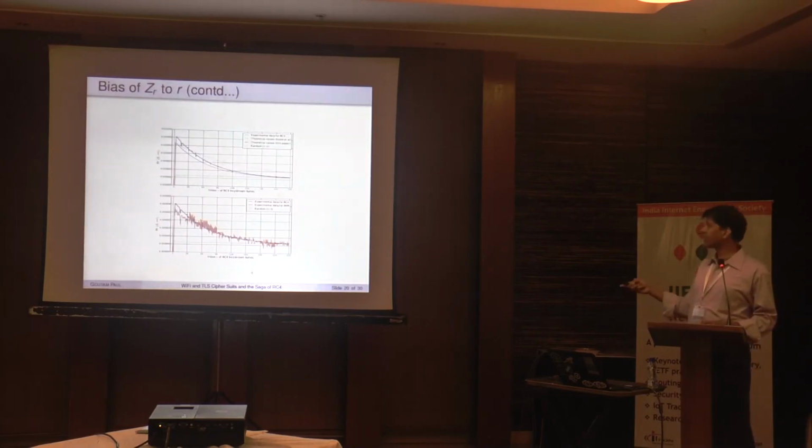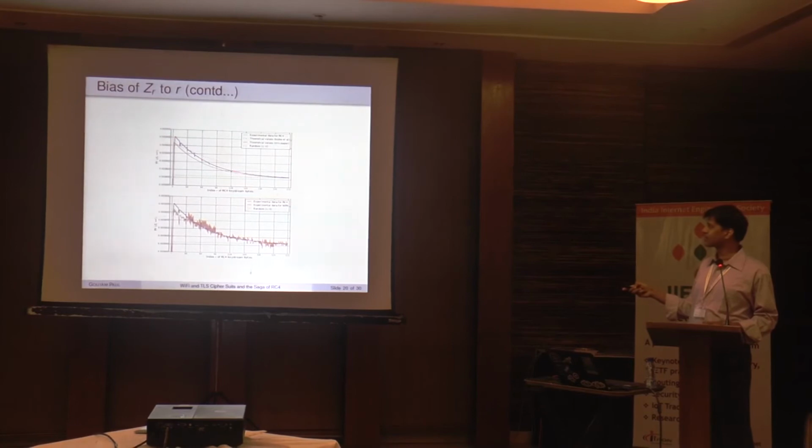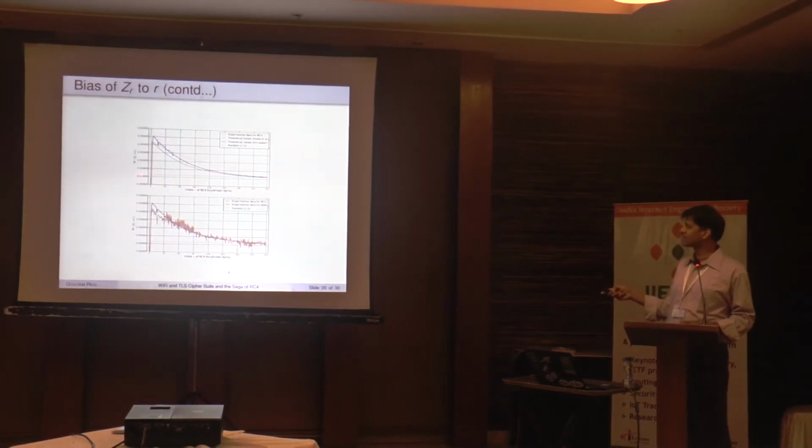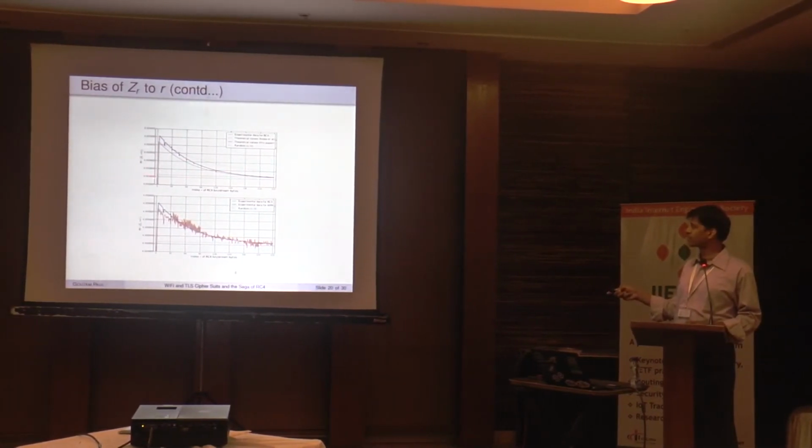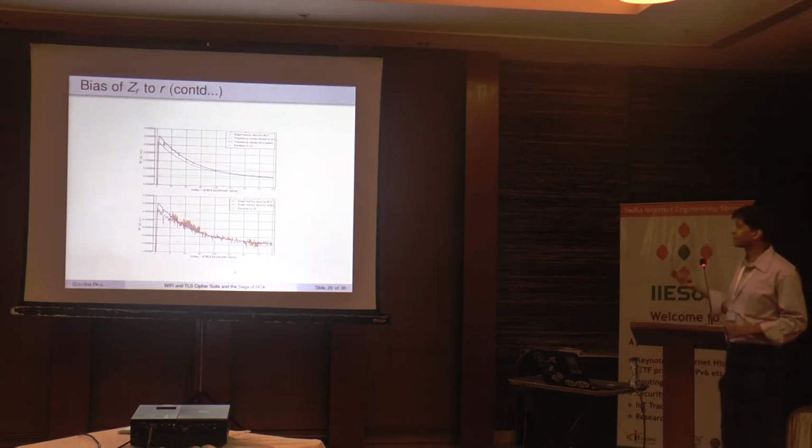So this is showing the bias. The bias is initially high, but it decreases, though it still stays above the random value. This black line is the perfectly random line, 1 by 256. Now these are the biases. The red one is the theoretical formula that we derived, and the green one is the experimental result, and they roughly match each other.